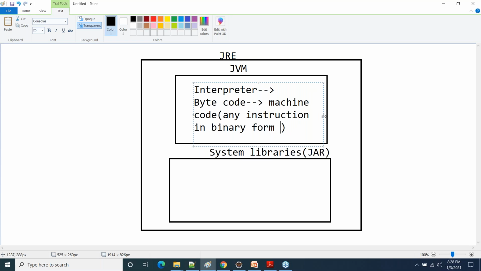If you have gone through the digital electronics subject in your college days, you must have read that everything your CPU processes is converted into binary form.